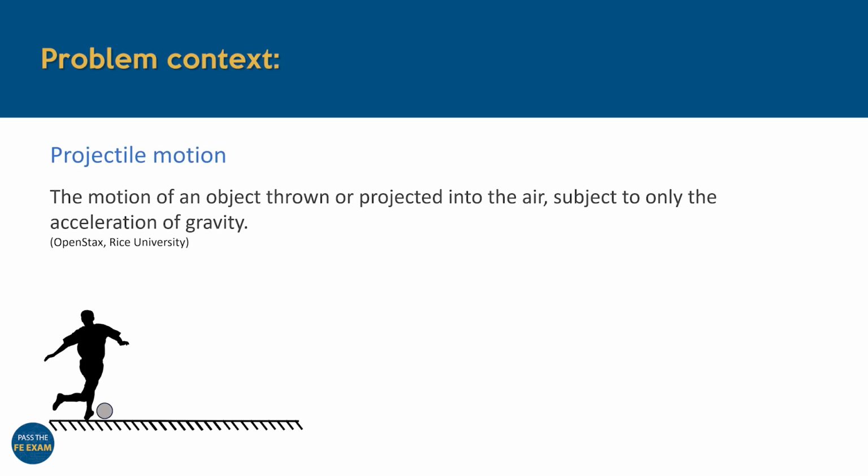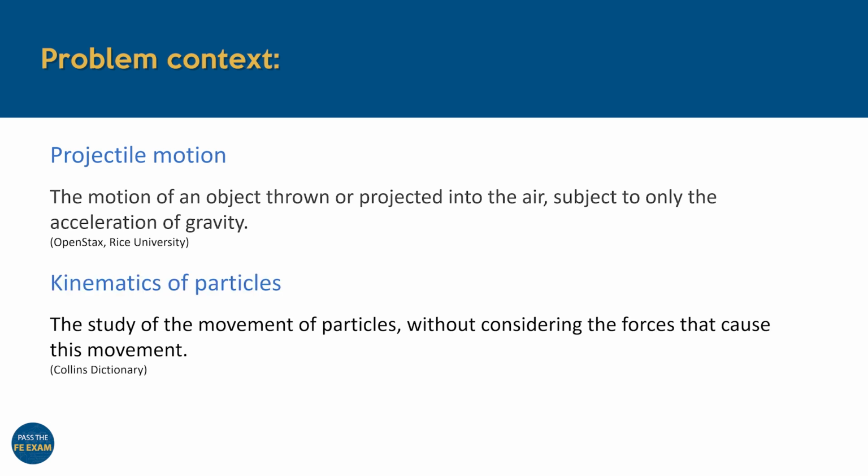Before diving into the solution, let's review the problem context, starting with a clear understanding of projectile motion. This involves the study of an object moving under the influence of gravity alone. The foundation for solving projectile motion problems lies in the principles of particle kinematics. While particle kinematics typically focuses on motion without considering the forces involved, in the case of projectile motion, we make an exception for gravity. By treating gravity as a constant downward acceleration, we can apply kinematic equations to analyze the